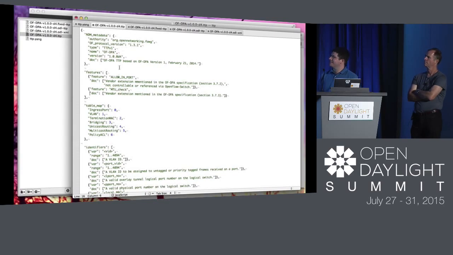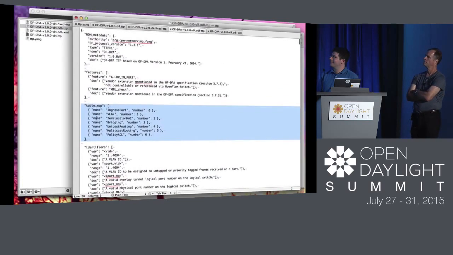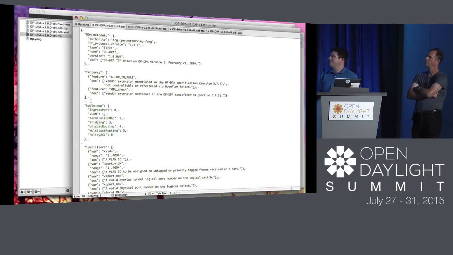A second thing which I know that the Yang doesn't support well is that table maps in the Open Daylight Yang look something like this, where there's a name and a number in a JavaScript object as a list instead of a single object that maps the names to the numbers. It's not quite as pretty, but it works. And so I'm just going to replace that. And with those two modifications, I'm going to show you how it is that we can start to get this